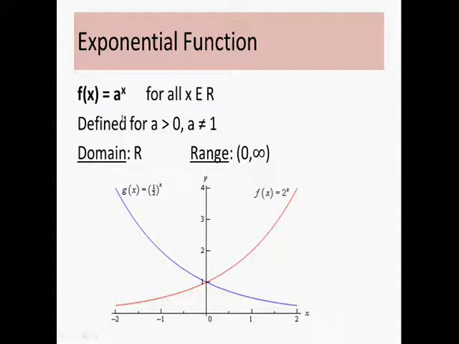Now a cannot take negative values as well. The reason is that the exponential function is actually the inverse of the logarithm function. If you take a log on both sides, what you get is log of f of x equals x times log of a, and log of a negative value is not defined. So a cannot take negative values. Similarly, on the left hand side you get log of f of x, so f of x should not be negative either. So a has been defined to go from 0 to infinity except for 1.